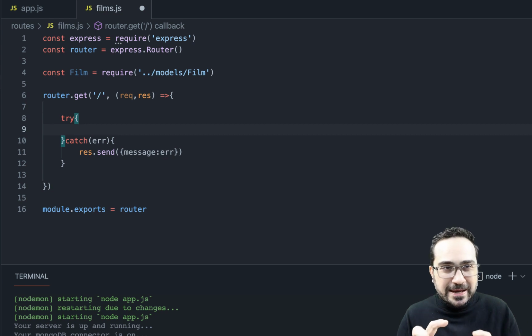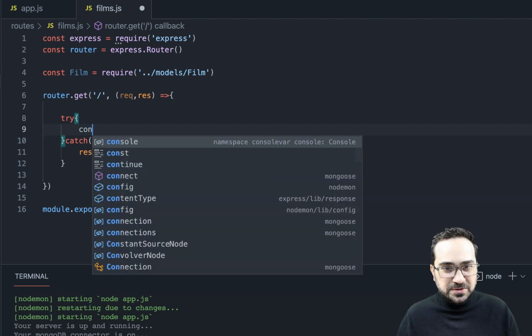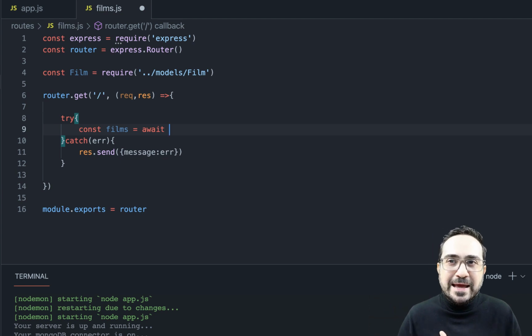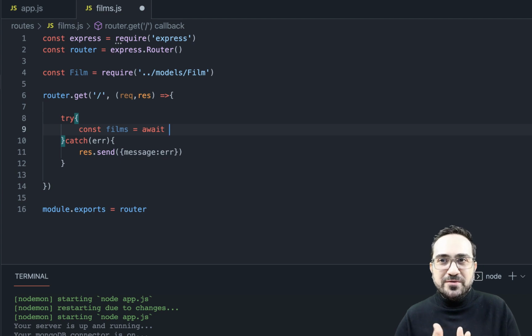So inside the try, I will try to connect. I will say, constant films. You can call films from DB or whatever you like. I will connect to my database and find the data. Before we connect to the database, we have to use here what we call await. Await means that you will make a call, you will try to connect to MongoDB, but this might take time, right? Because there is a network internet connection, there might be delays, so it's not a synchronous call, it's not something that goes and comes back, right? You should wait for a response.